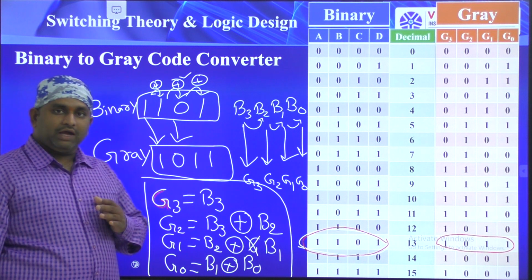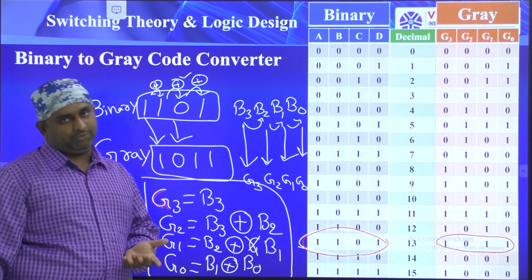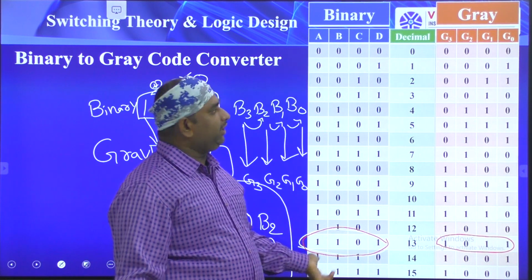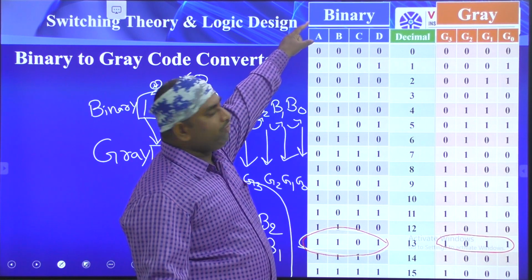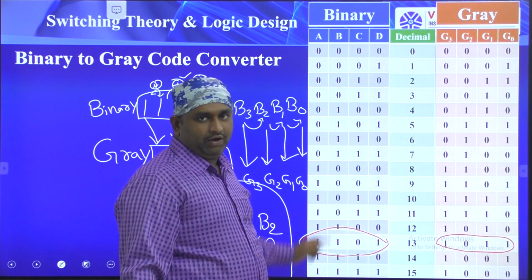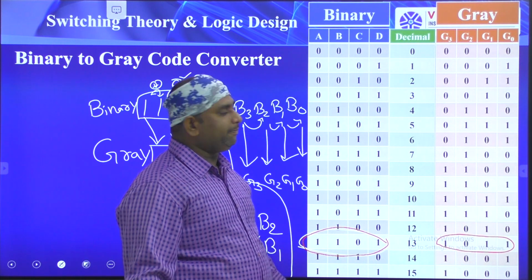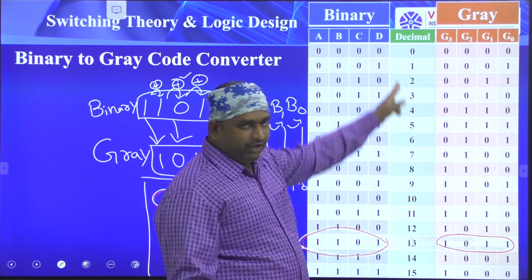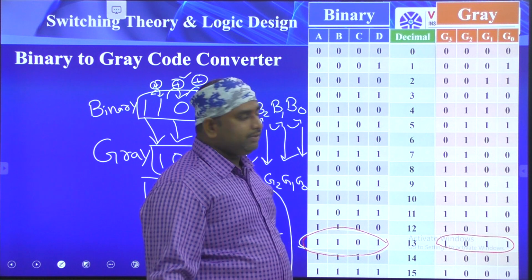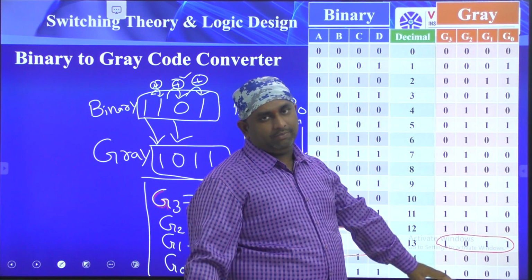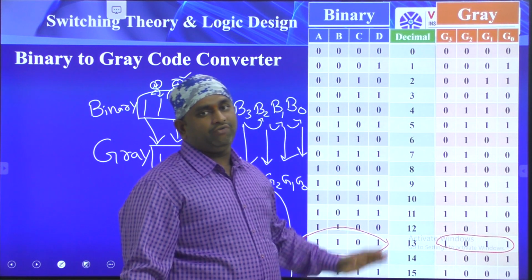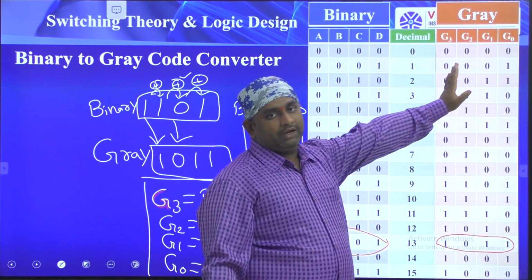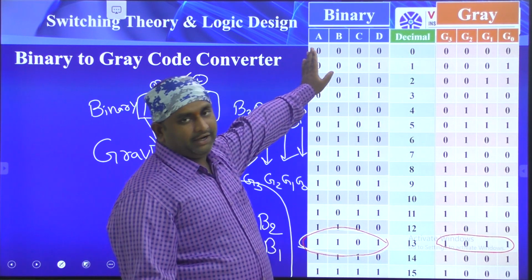Okay, but coming to our standard code conversion process, on one side you are writing the binary equivalent number. Here I have written the binary equivalent numbers from 0 to 15. All 0 to 15 combinations I have represented here. These equivalent decimal values I have represented in this green color column. Next, this orange color table indicates the gray code equivalent values of those corresponding binary values.